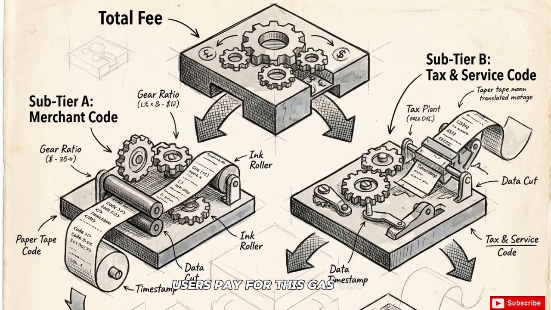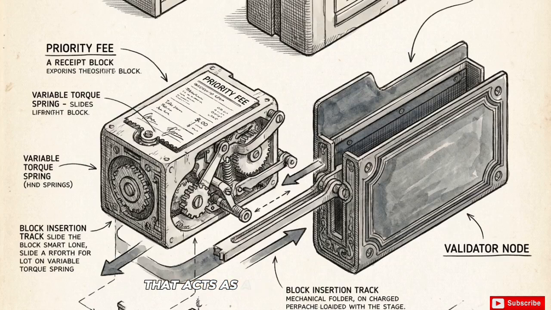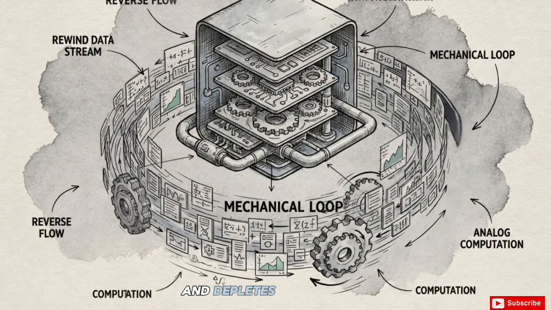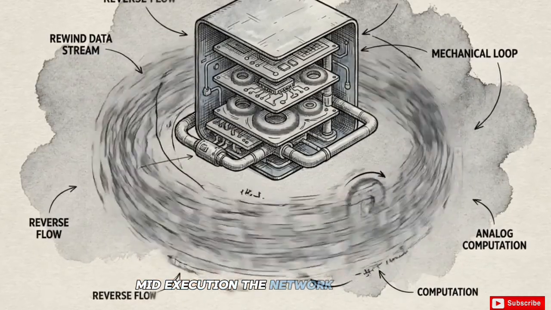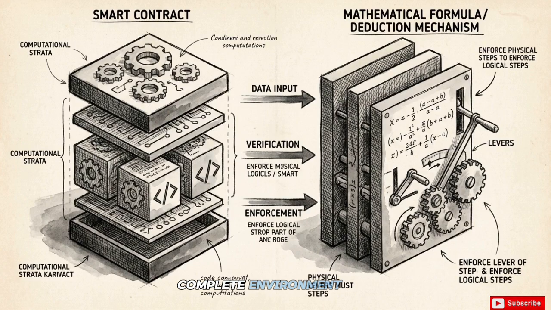Users pay for this gas via a transaction fee, which splits into two parts: a base fee dictated by network congestion that gets permanently burned from circulation, and a priority fee that acts as a tip to the consensus validator. If a transaction hits a complex loop and depletes its gas limit mid-execution, the network triggers a failsafe. All state changes are instantly reverted to protect the ledger, but the user still forfeits their fee to pay the validators for the computation performed. The EVM provides a Turing-complete environment for decentralized logic, while enforcing rigid economic consequences to ensure no single contract can